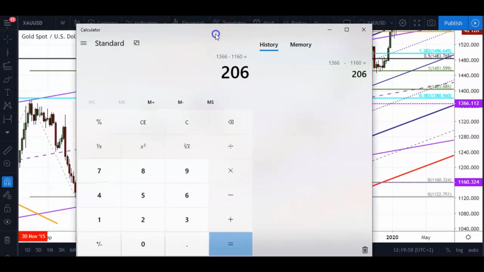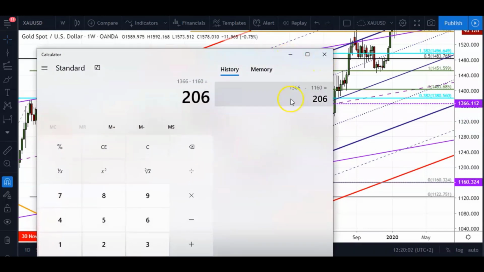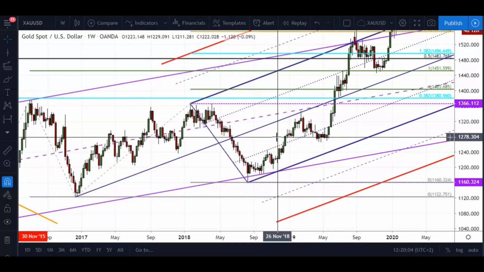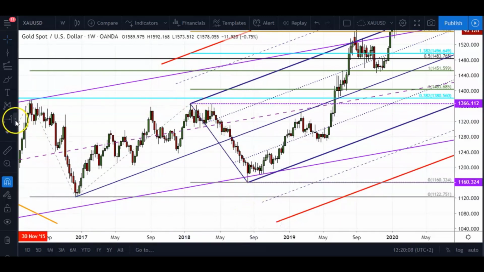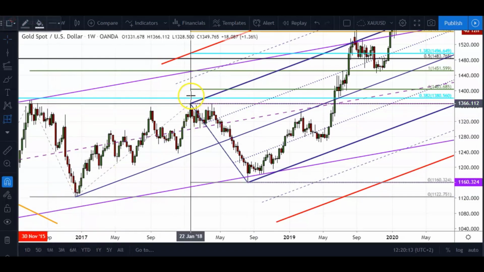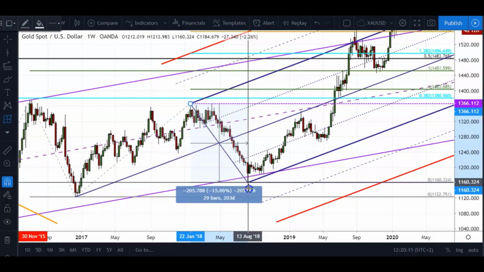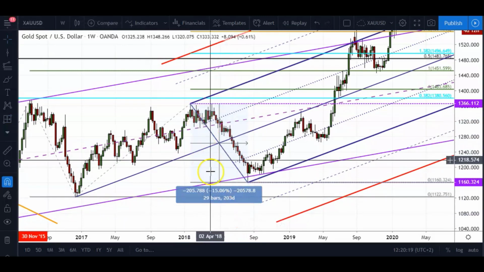But there is quite a cool relationship between this actual move down. And so remember that now it's 206 days. Remember, we're looking at a weekly chart, so we can always give and take a few days from this. But if you take a measurement tool, in this case, I would like to use a date and price range tool, go from that high to this low over here, then you'll see that that range, as we previously discussed,